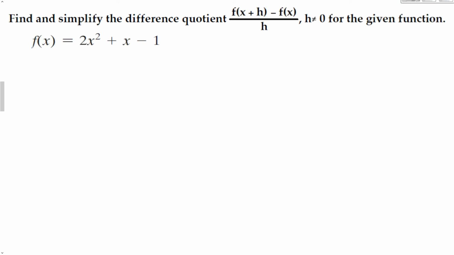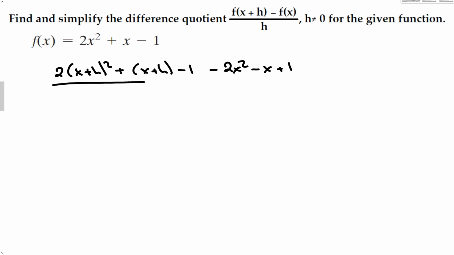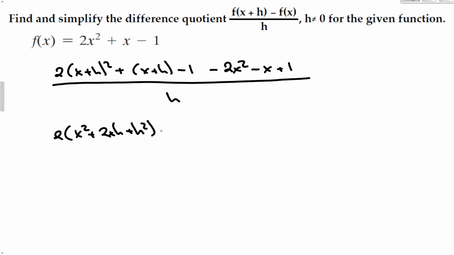So we're going to calculate f of x plus h. So that's 2 times (x plus h) squared plus x plus h minus 1, minus the original function f of x. I'm going to distribute the negative as I go here: 2x squared minus x plus 1, over h. Same thing, FOIL first, so 2 times x squared plus 2xh plus h squared, plus x plus h minus 1